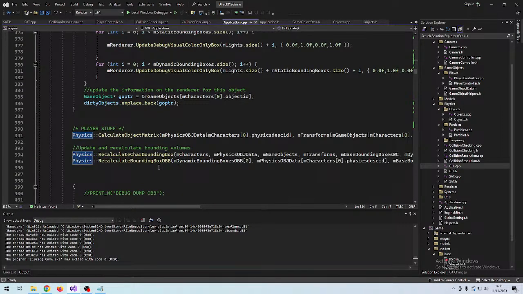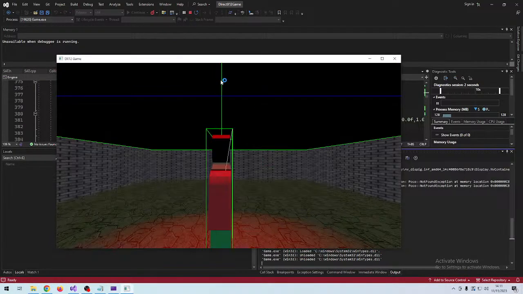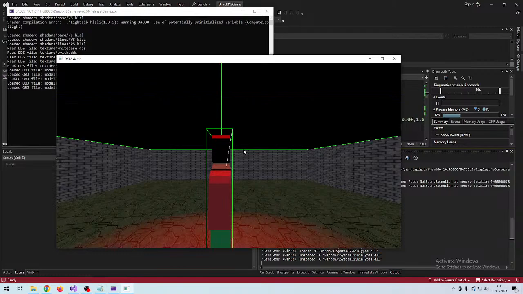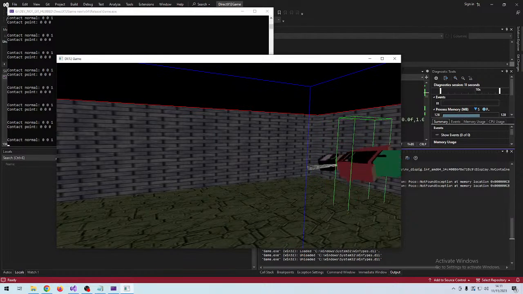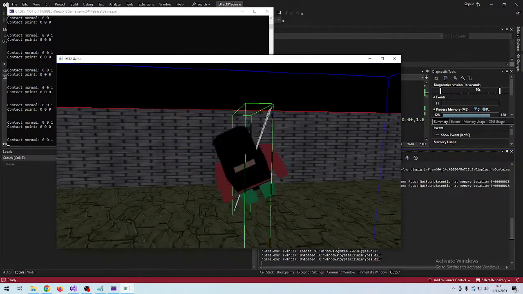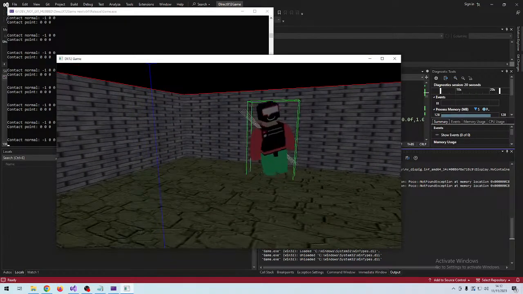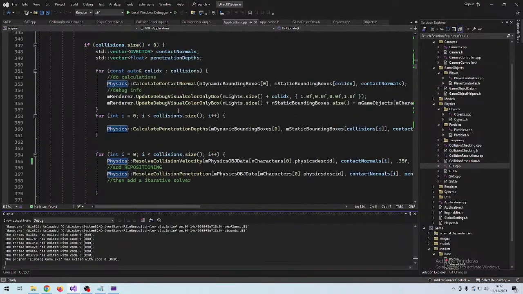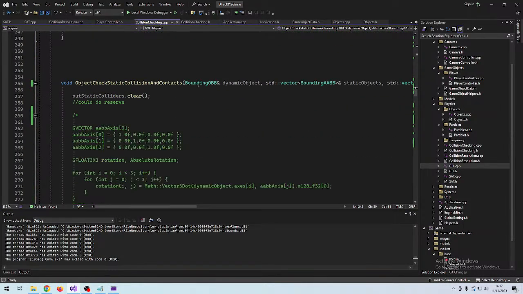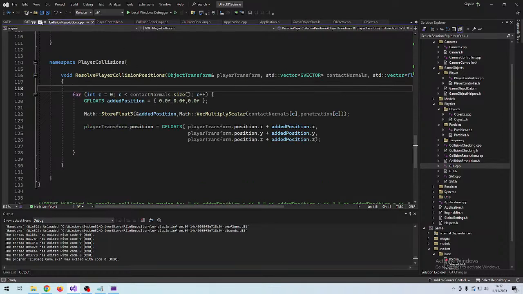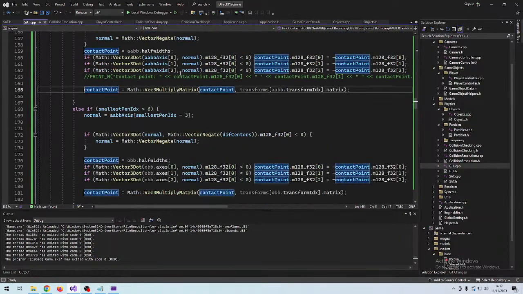Well, we update the matrix here. For some reason, the contact point is 0. How is that? What happens if we simply disable